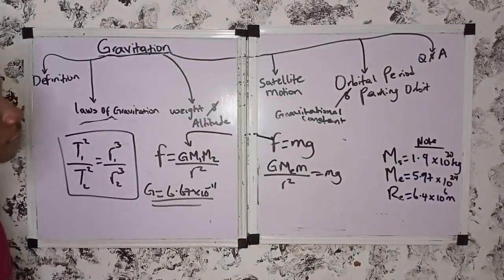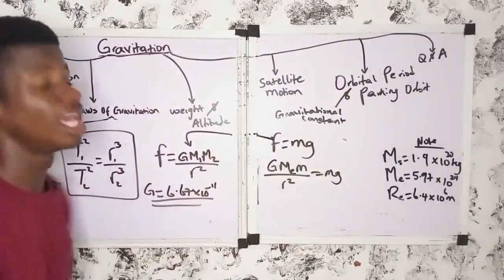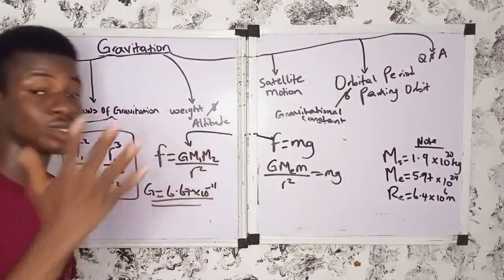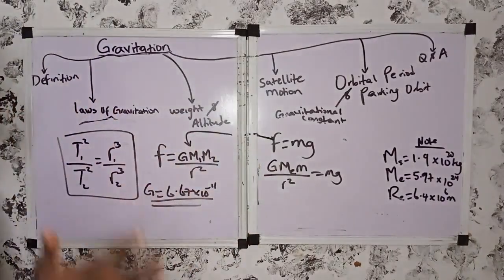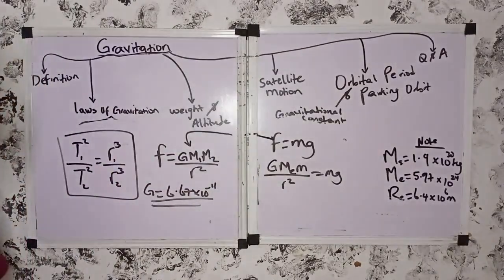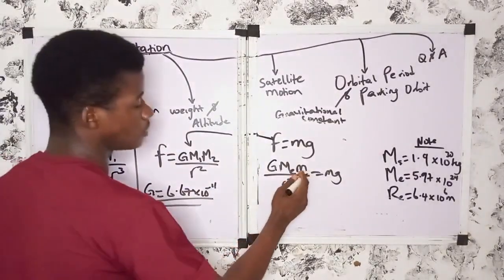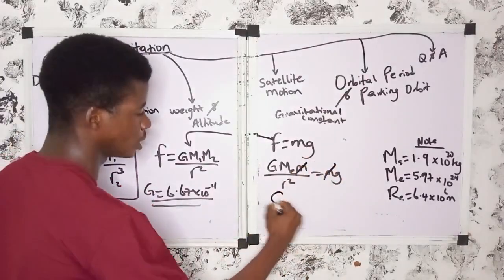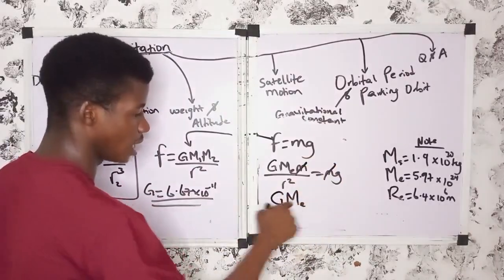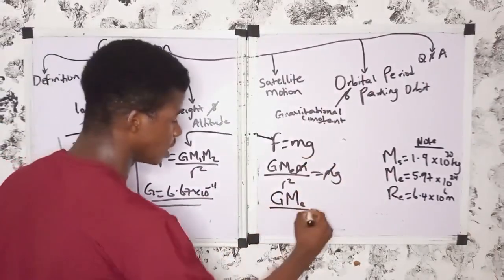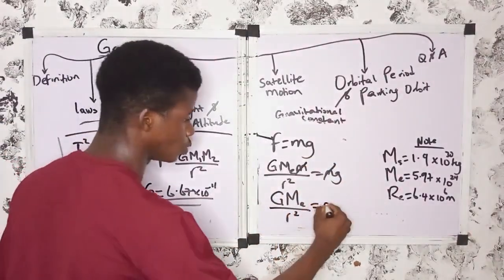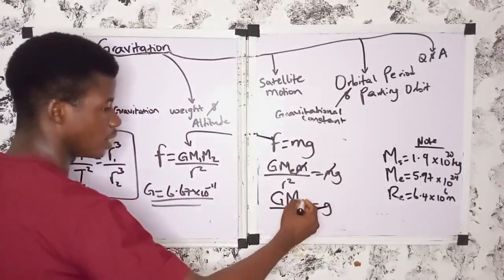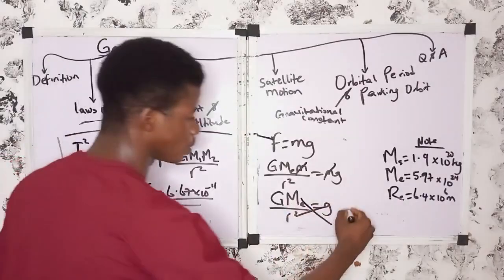So let's derive. This topic is all about derivation and some theoretical aspects, and you are going to take note of a lot of formulas. This is the mass of the object, and this is the mass of the object, so this one will cancel out. We'll be left with G M_E, where M_E stands for the mass of the earth, divided by r squared, equal to g. Now if we cross multiply,